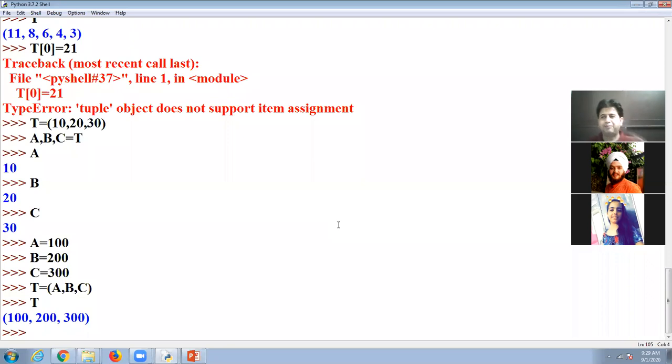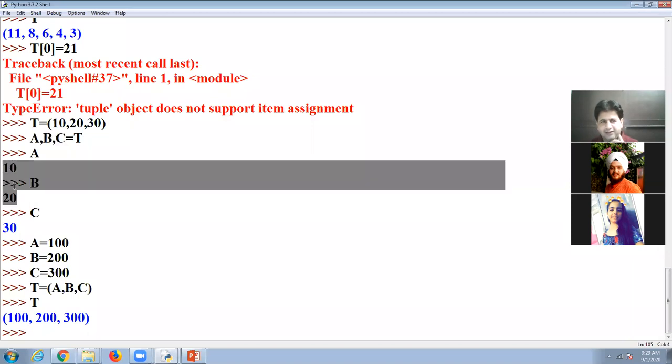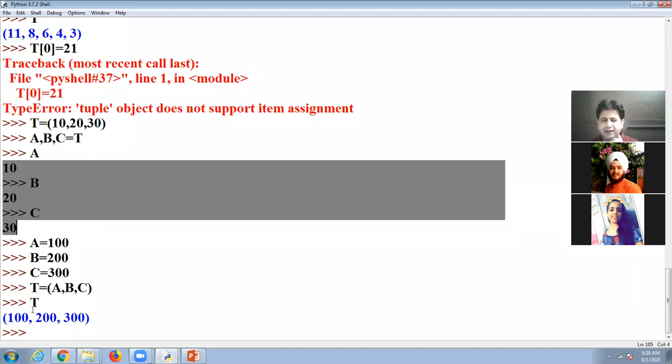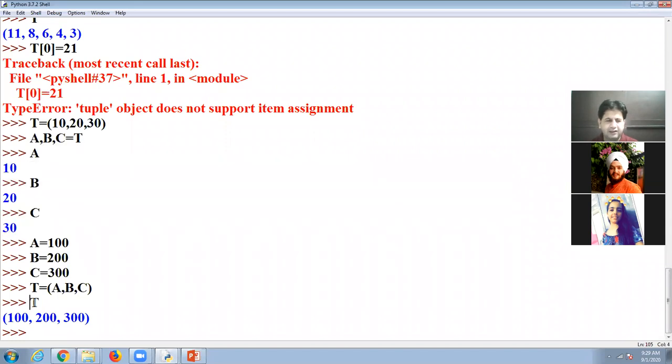First we unpack the tuple into different variables, then change these variable values, and after that we again initialize the tuple with these variables. This is called unpacking.